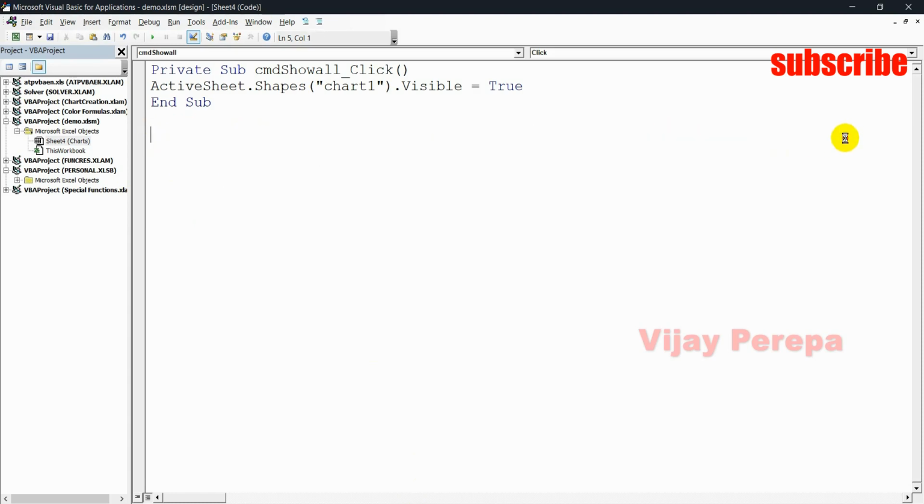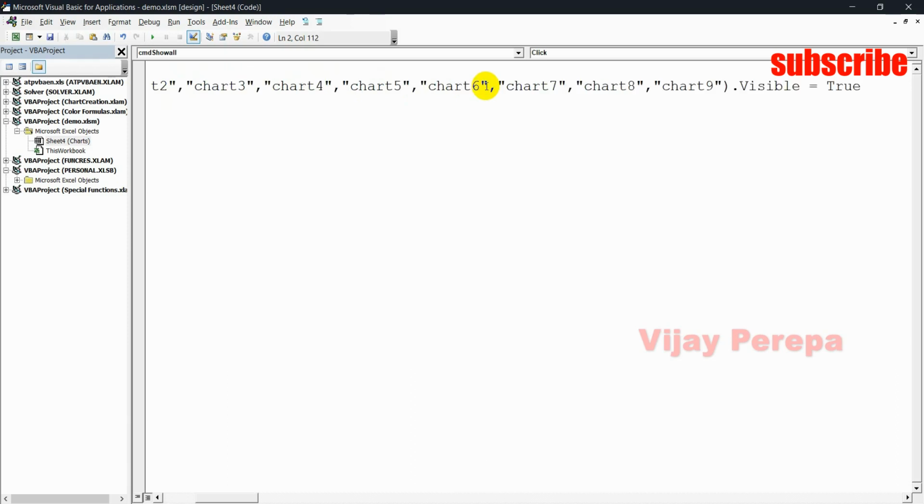I need to cut it, and then I need to make sure that I add it along with the shapes hierarchy. But here I cannot use simply shapes and the name of the shape. I need to give the range of shapes. So range, and then the range will bring the array of shapes, so array, and then I need to add those names.